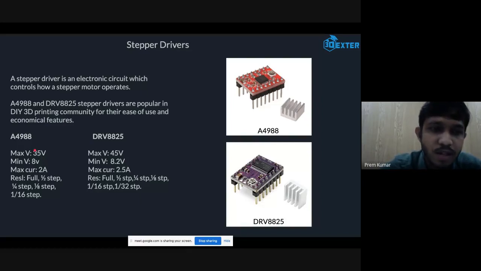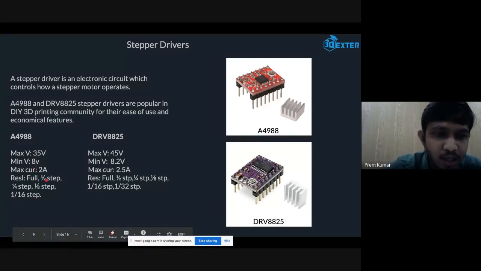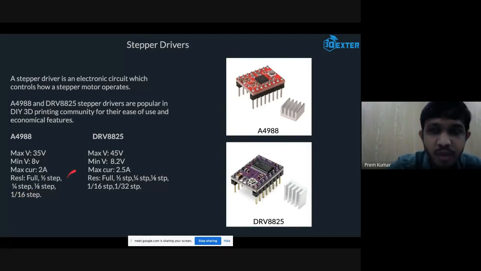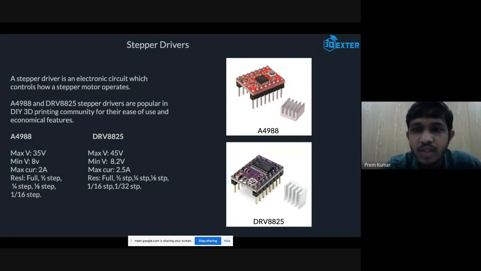If you take one step of the motor, you can divide that step into many, like 1/16 at most. The A4988 stepper driver can control a single step with a precision of 1/16 steps, dividing that single step into 16 independent steps. That is how accurately these stepper drivers control the motor. That is why the precision we get in 3D printing is possible.